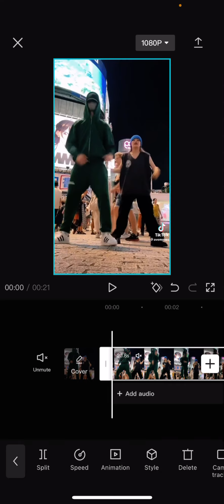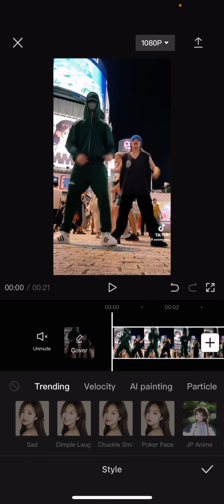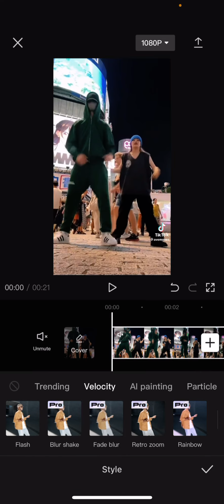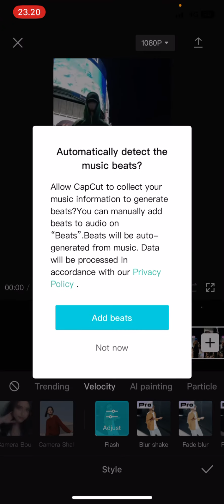So select your video, go to style, and then go and select velocity, and you have flash, blur, shake, fade, blur, retro, zoom, and rainbow. So the only free one is flash, so you're just going to select that, and you're going